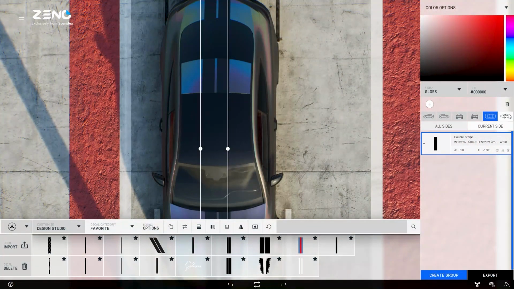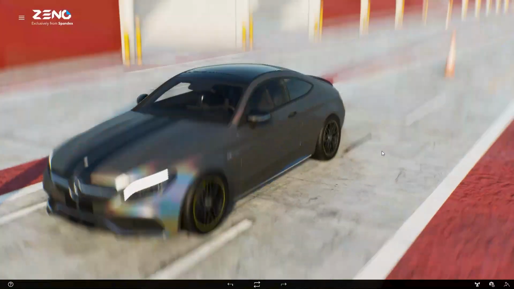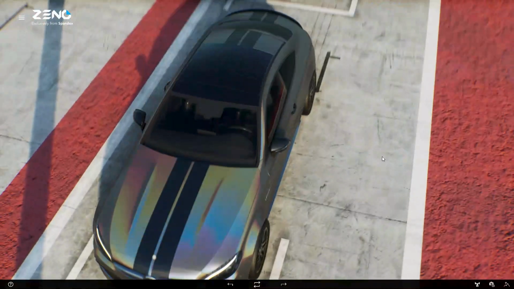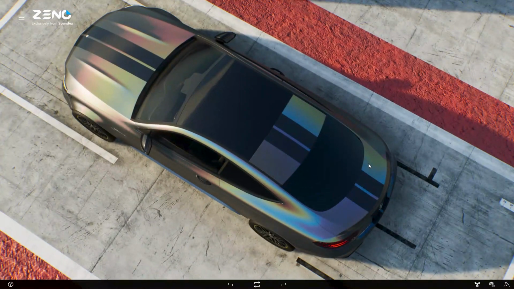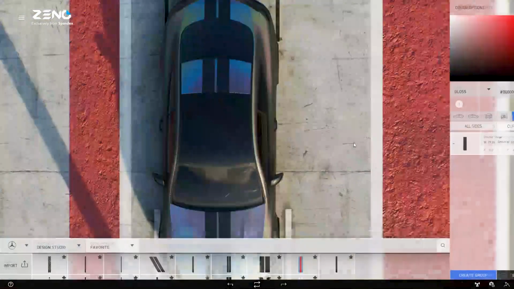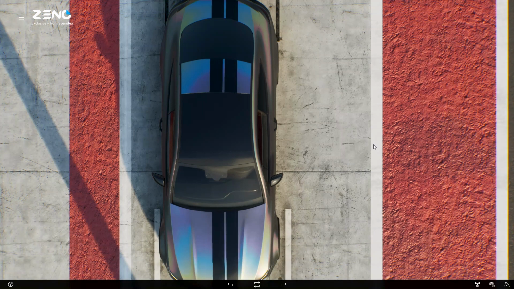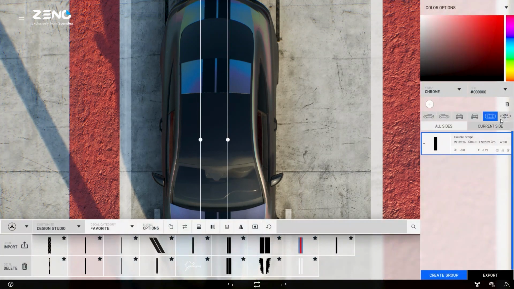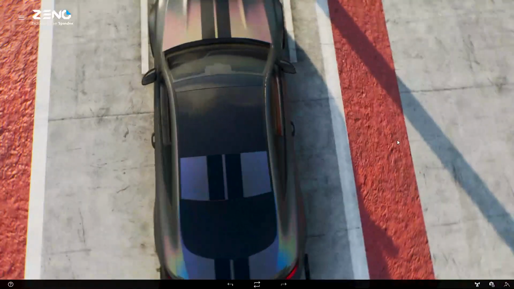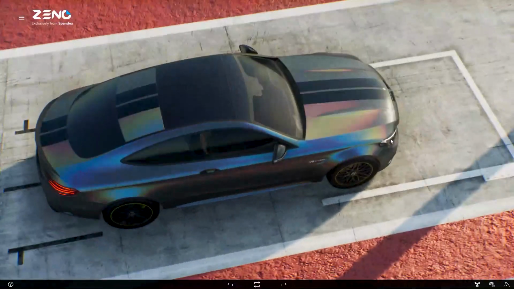On the stripes, we can also choose the finish. Gloss, matte, satin or chrome. So for example, we can have them in chrome by default, but all of the car is in satin. So we can change them to satin. You can also import your own vectors to the design studio.